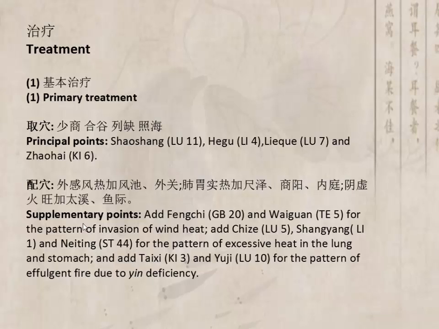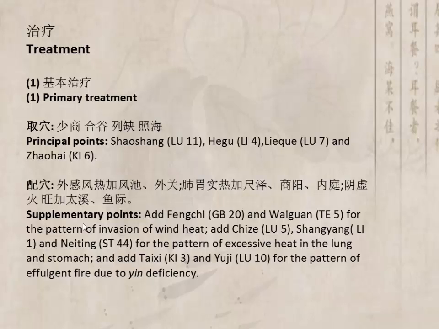I wouldn't normally think of that. I wouldn't normally do lung 10 in this case. I would just stick with this group of lung 7, kidney 6, kidney 3, and then I might even add something like